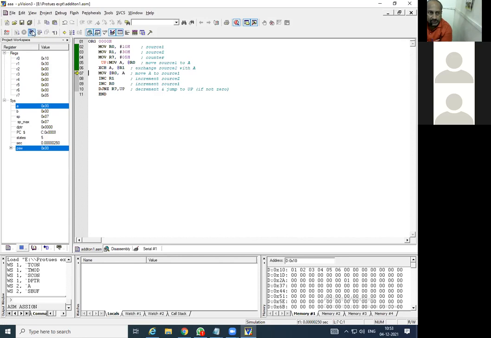After that, exchange. It is going to be exchanged with the data at the second position. Current 30 is the R1. What is there at present? So it was all zeros there. So it is going to be transferred here. Here we have not changed anything at the 30 location. We have changed only the source.